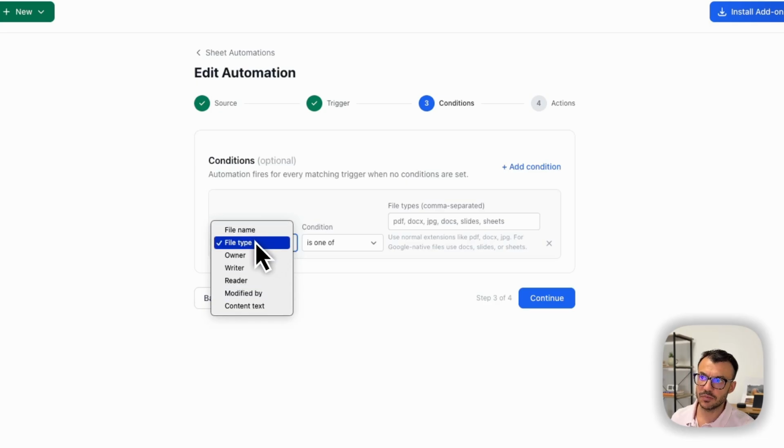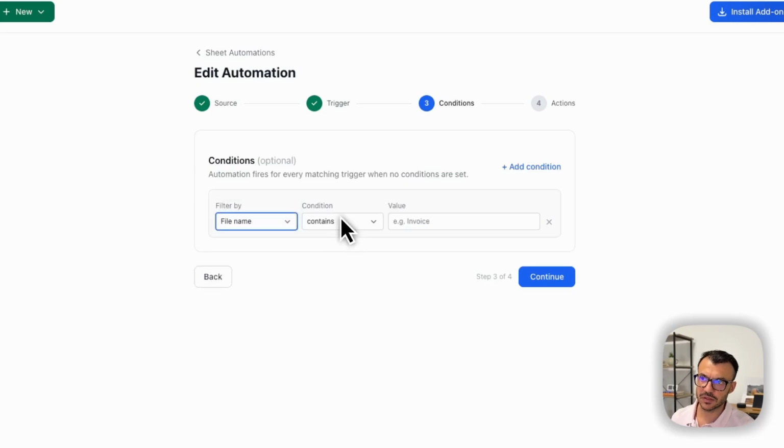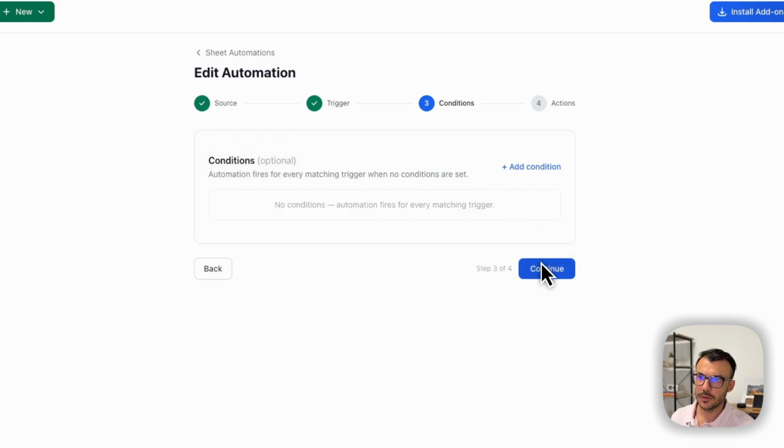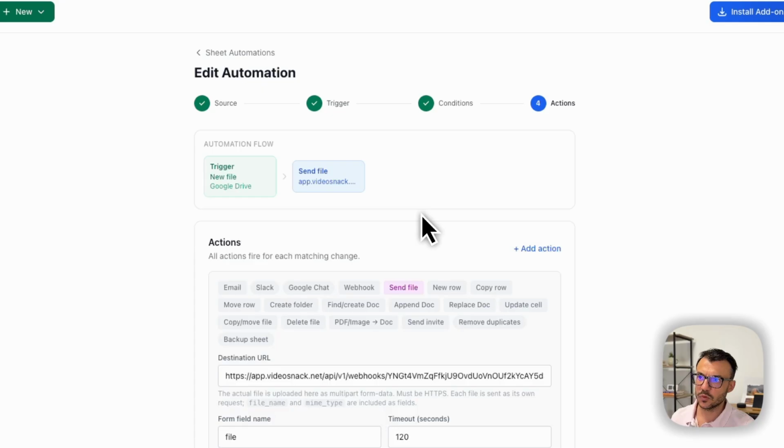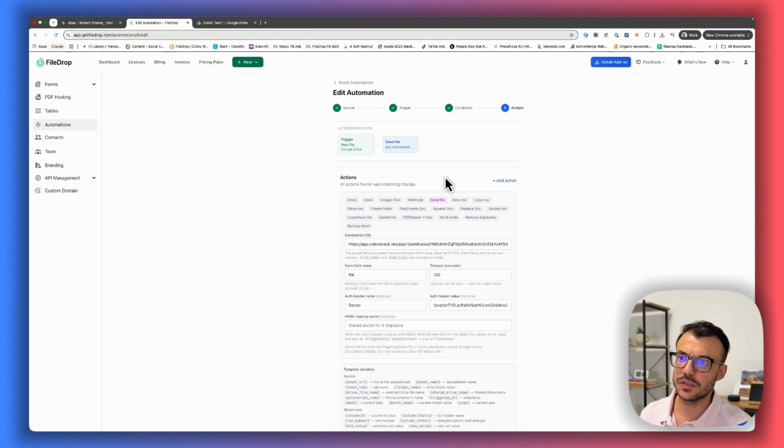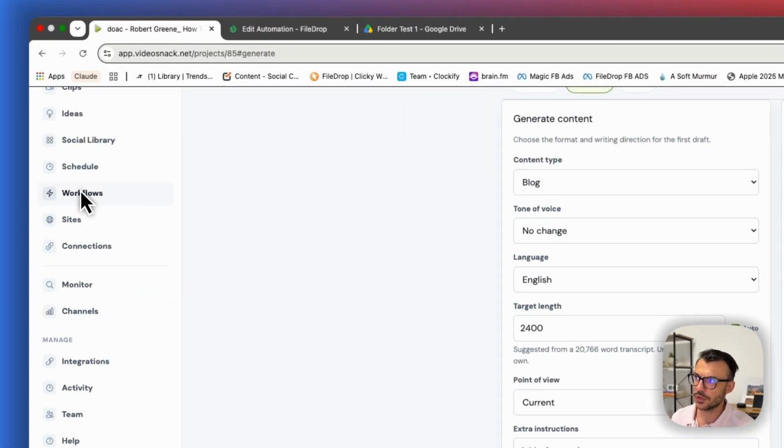So you have file name if it contains a certain name, or the owner, or the content text, depending on what you have there. And let's continue. And what we're doing here is once a file is uploaded in this folder, we're gonna send the file to a destination URL. And for this, we've created a workflow here in